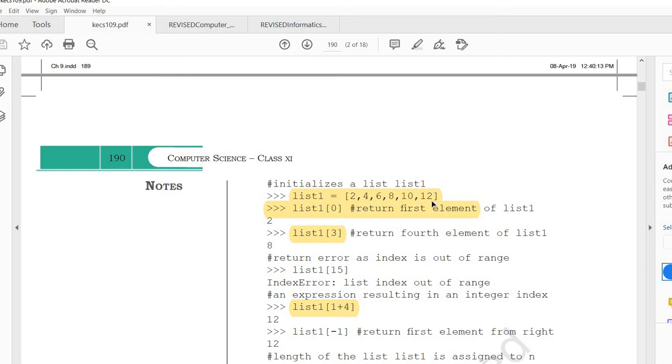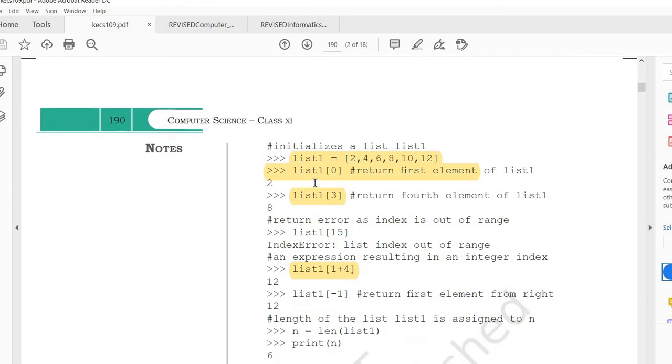If you have 6 elements, the index runs from 0 to 5. Generalizing that, the list element positions run from 0 to n minus 1. Since we have 6 elements, we go from 0 to 5.